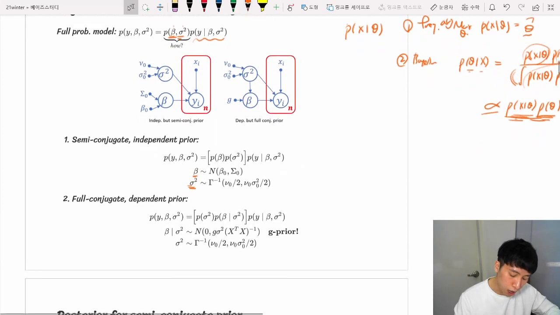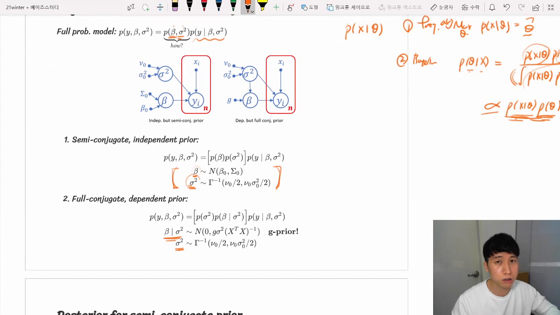That is, you give a marginal prior for sigma squared first, and then conditional on that sigma squared, you give a prior on this beta. Right. So there are pros and cons for each case. The pro of this setting, this prior, is that these parameters are essentially independent, right? But the con is that if you give a prior in this fashion, it is impossible to get